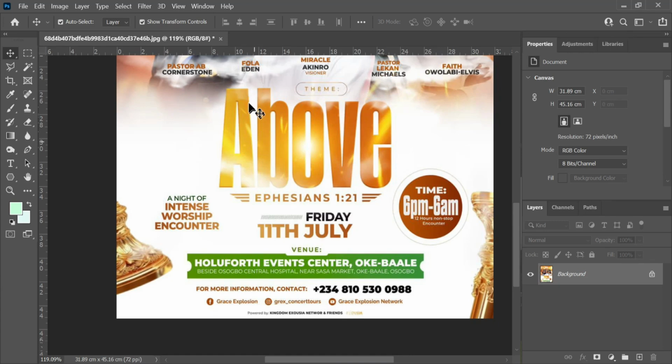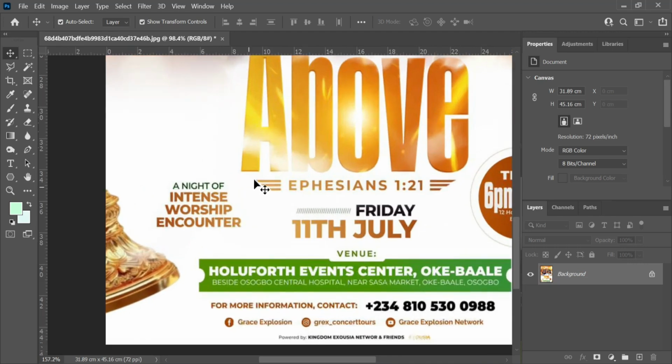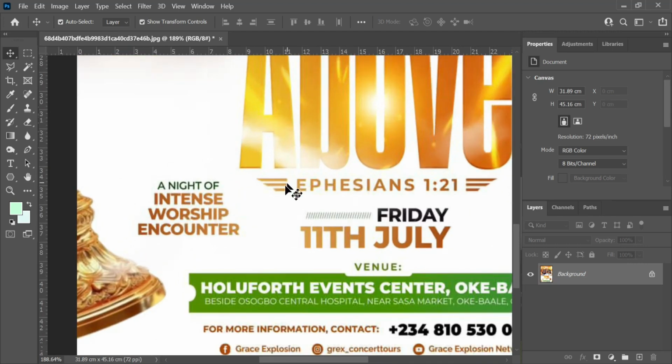So you have the background clip masked inside of it, and that's why you have it like this. Okay, so after that, this is just a brush that was made with a single click to make it look shiny or glowy. Then this is just a normal shape that was, you know,